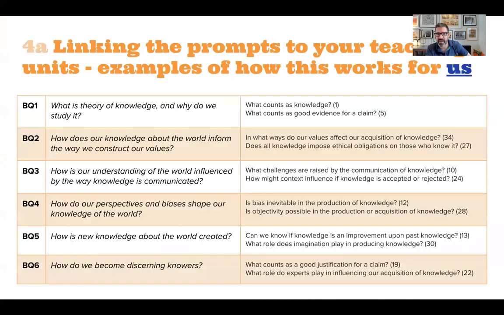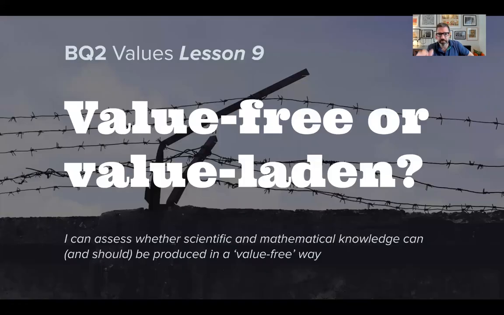I'll quickly flick back to that. So, in what ways do our values affect our acquisition of knowledge? And it even links a little bit to IA prompt 27, but you can see how it will help them directly with that final IA prompt, but also 35, which looks at the production of knowledge. Okay, so I might be mentioning that at this point, but on the other hand, this is only the 2nd unit that they've done, so I might not be overburdening them with references to the exhibition. But of course, if your students choose one of those 2 final IA prompts,